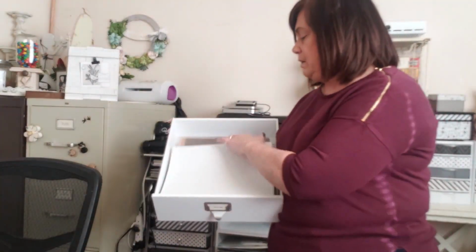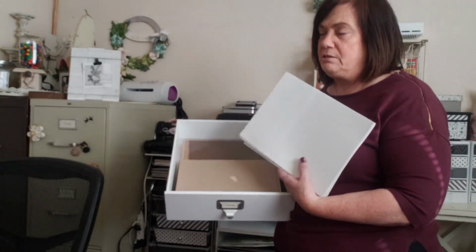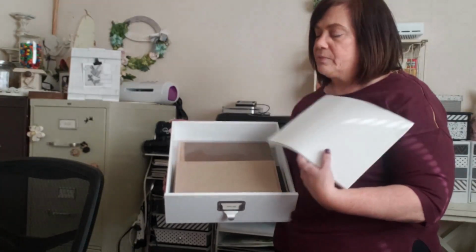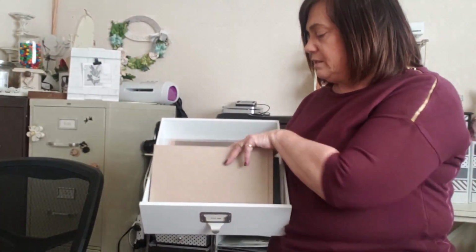And oh, I forgot, these are foam pieces that I use on my cards to make my words, my sentiments, and my die cuts and things to give them dimension. If you haven't seen that, I have a video on it, and I got the idea from Jennifer McGuire. So that's my foam pieces. And then all the rest of this is